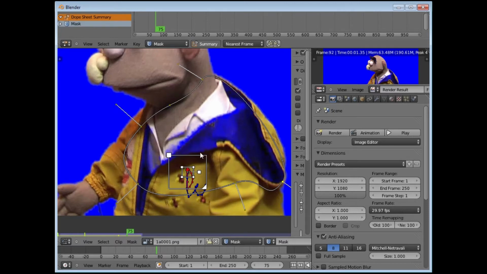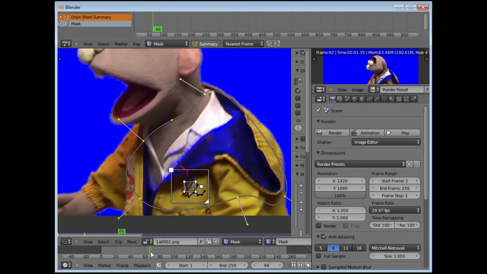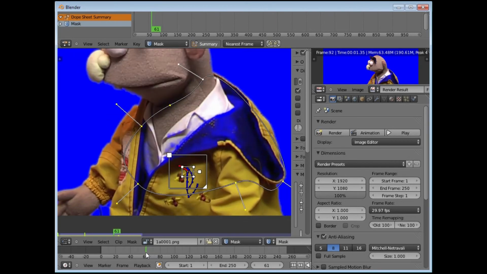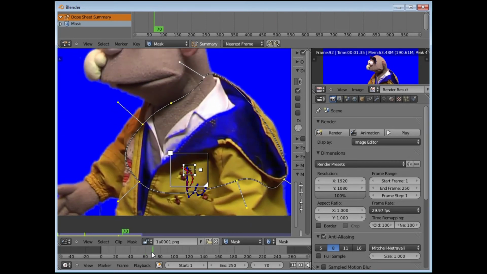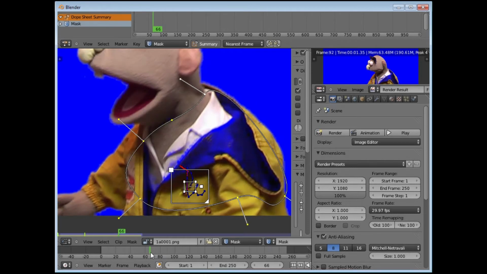Right. I then make sure pushing the A key will deselect that mask, and selecting it again will select all. And then if I go Control P, I can parent it to this tracking point, so that now when I move the tracking point, now the mask will move with that tracking point. You can see it's moving, and that saves you a lot of time,